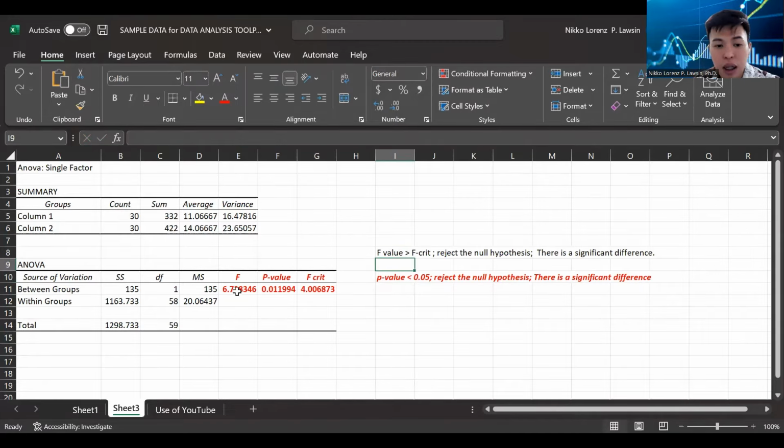Okay, so let's check. F value is greater than F critical. Therefore, we reject the null and there is a significant difference. The p-value is lower than 0.05. We also need to reduce the number of decimal places to 3. So the answer is 0.012. Therefore, we reject the null, there is a significant difference. So for conclusion, we can say that there is a significant difference between the pre-test and post-test of group 1. We can say that they learned after the